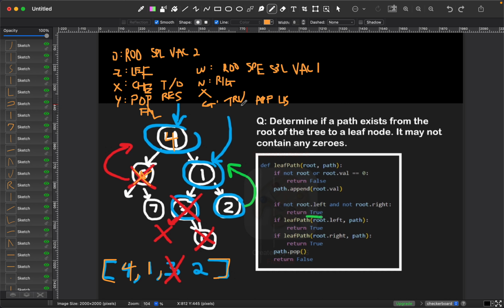So if it's true, you append to the list and you go to operation O. So now you go to operation O, you're going to say, okay, is this root split vacancy 2? It is. We go to the left,